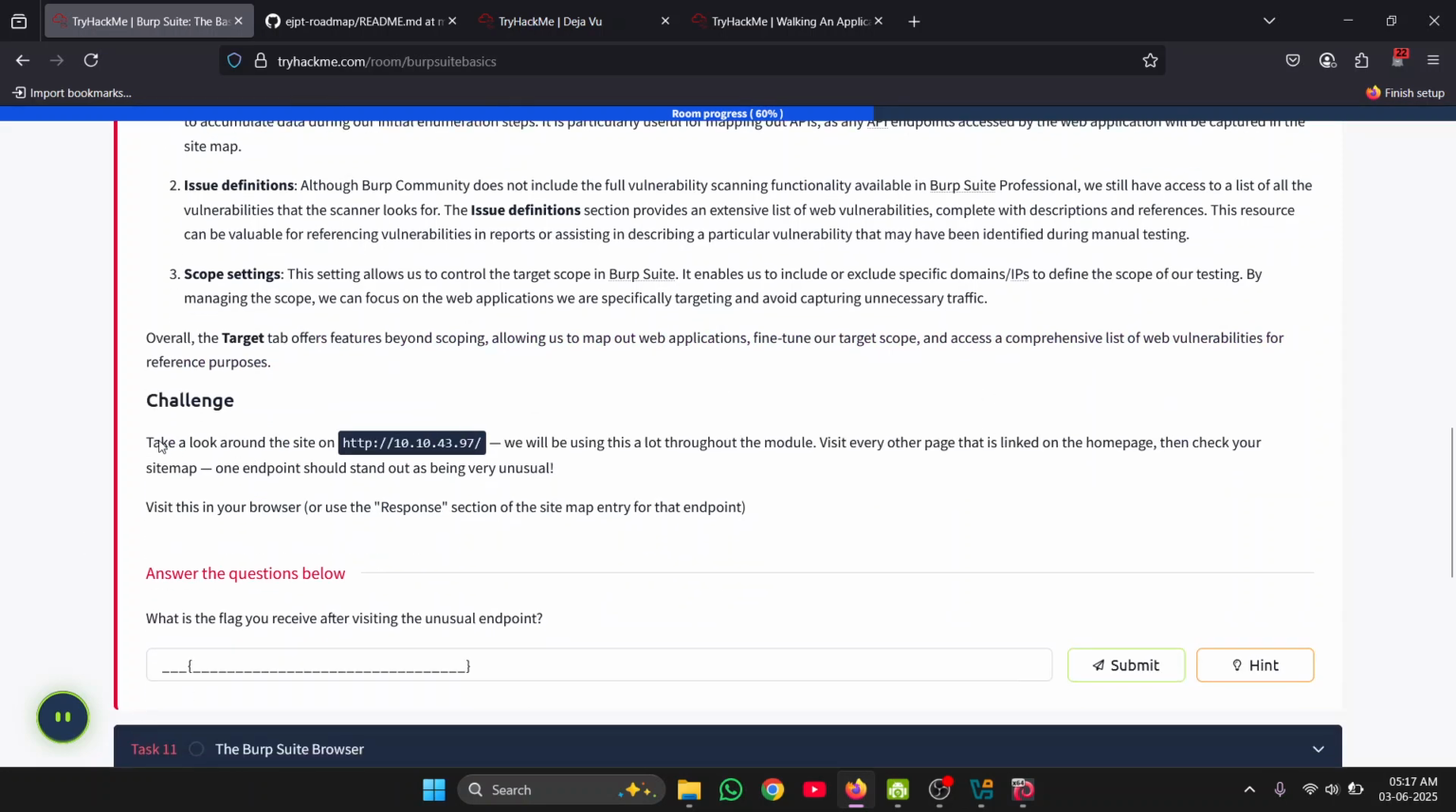Challenge. Take a look around the site on our IP. We will be using this a lot throughout this module. Visit the other pages that are linked to our homepage. Check the sitemap. One endpoint should be visible in your browser, or use the response section of the sitemap to